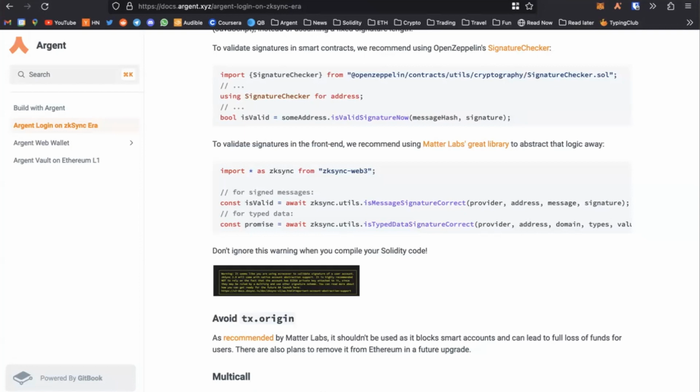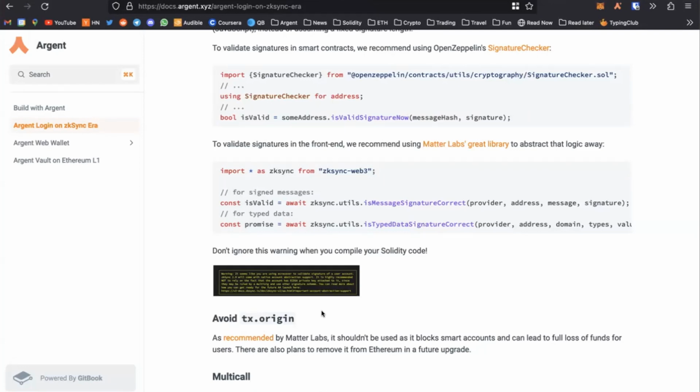That's just not possible in a framework where user accounts are also smart contracts. So there are also plans to deprecate that from the EVM. It's going to take time, but it's a good habit to stop using it now.